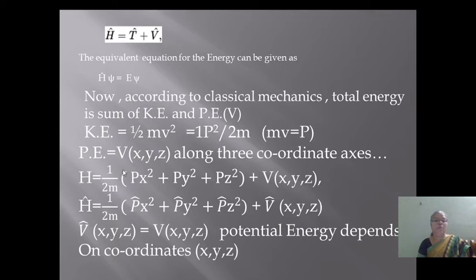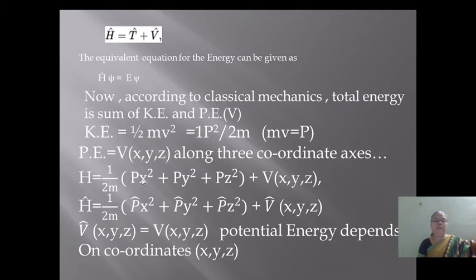That means we have written the kinetic energy in terms of momentum along the x coordinate, y coordinate, and z coordinate, because we already have the equation for kinetic energy in terms of momentum as 1/2 mv square equal to p square by 2m. Therefore, we have taken here 1 by 2m,